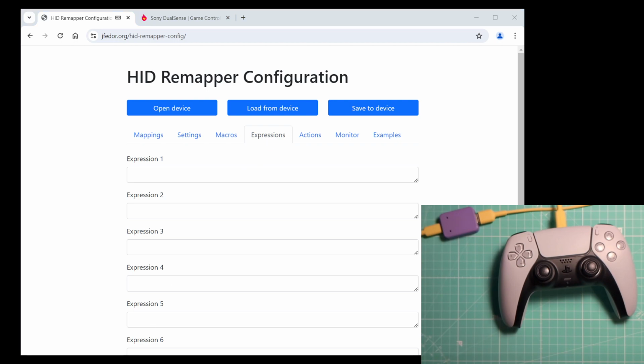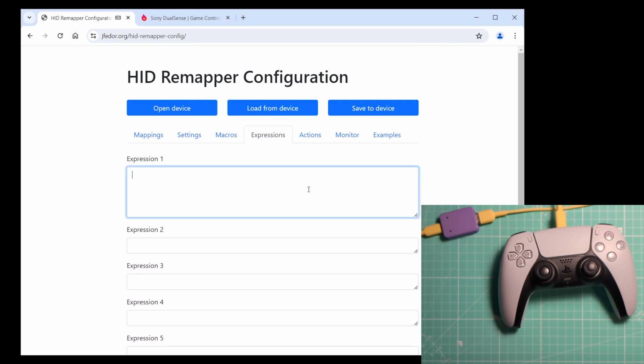Let's fetch the current state of the x coordinate of the finger touching the touchpad. FFFF0001 input state. Let's fetch the previous state.